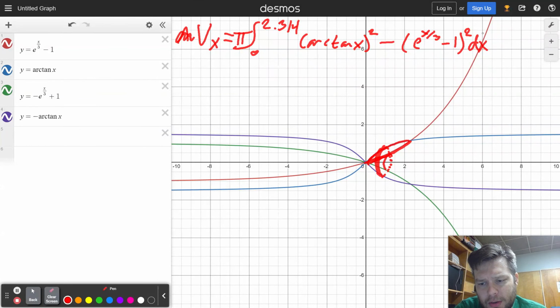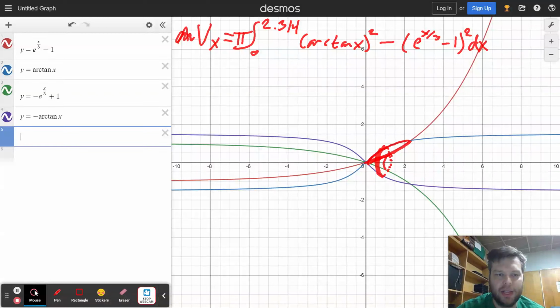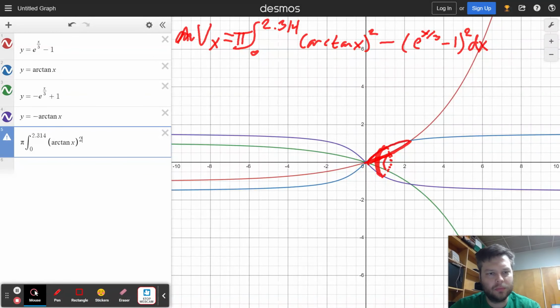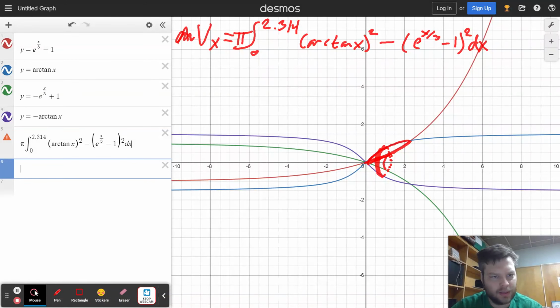Tell you the truth, I don't know if this is something that you can integrate by hand. You can definitely get the integral using a calculator. Desmos can handle that. If I just type in pi, and then to get an integral, you just type int. And as soon as you hit dx at the end, oh,